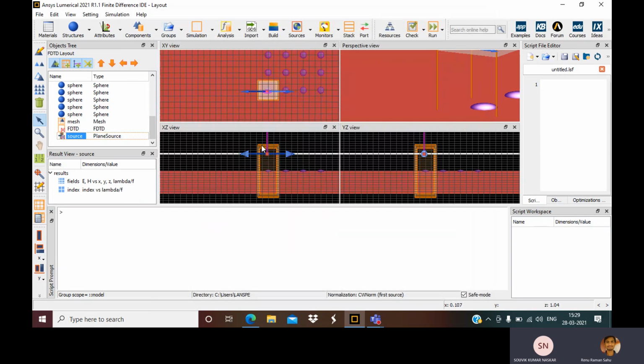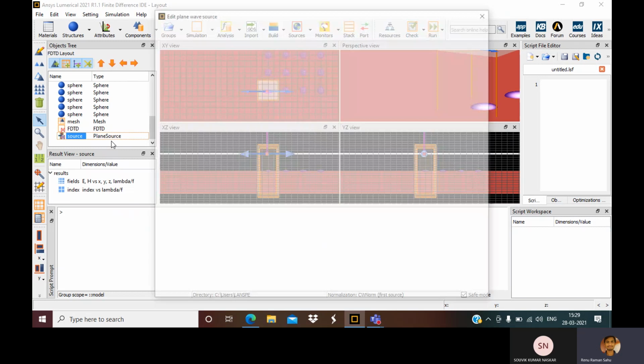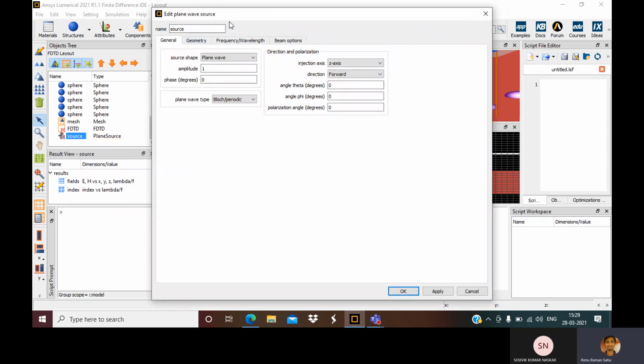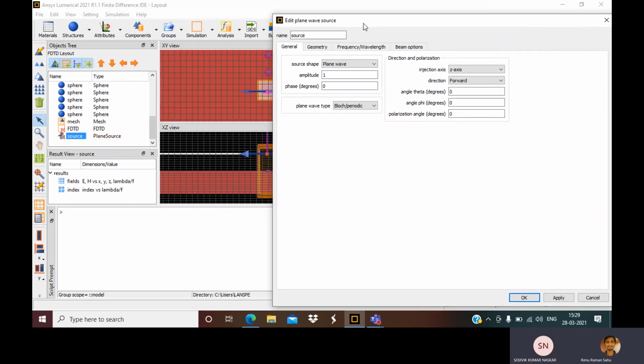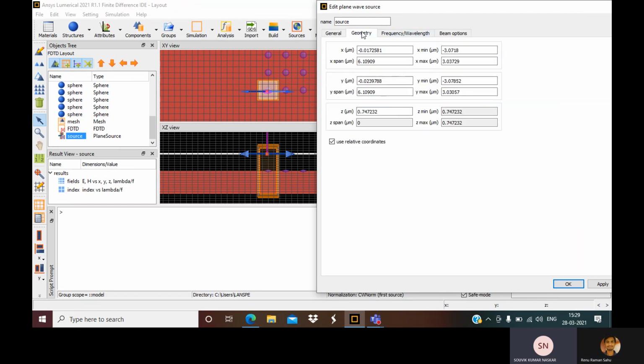You see this arrow is actually upward. This means that the light propagation direction is upward. The propagation vector is not towards the thin film, so we have to make it downward.